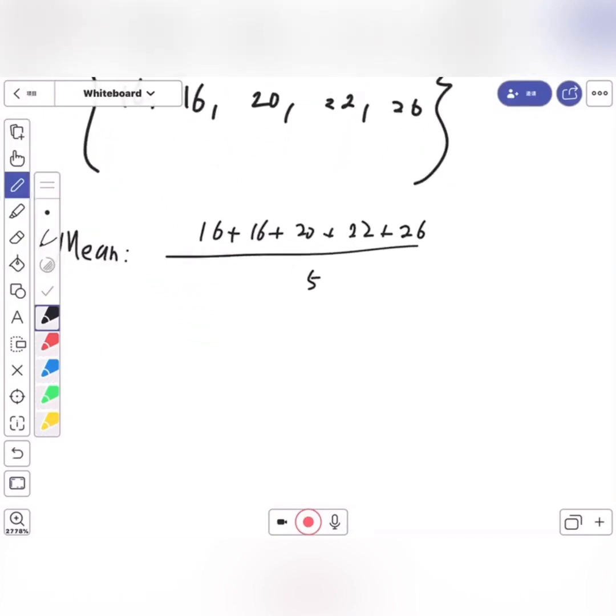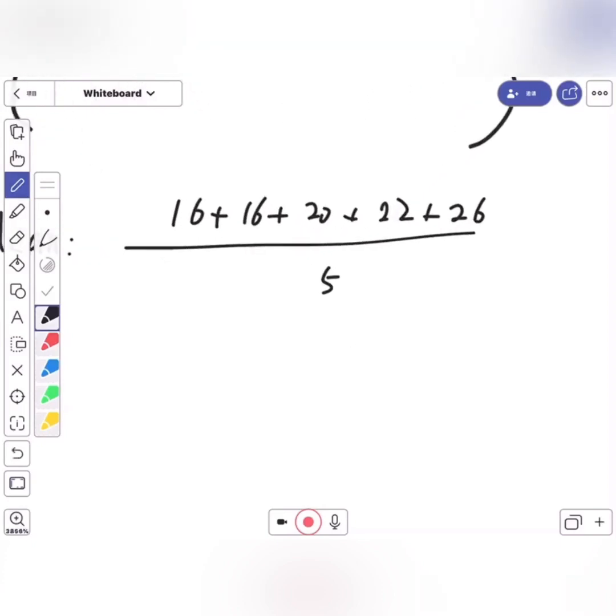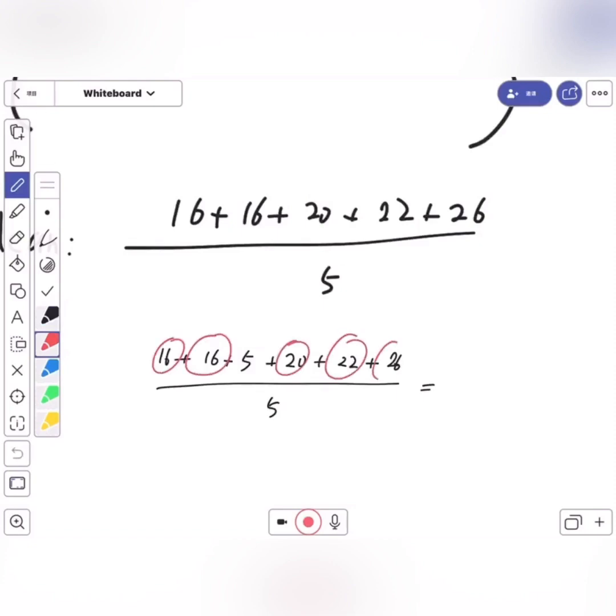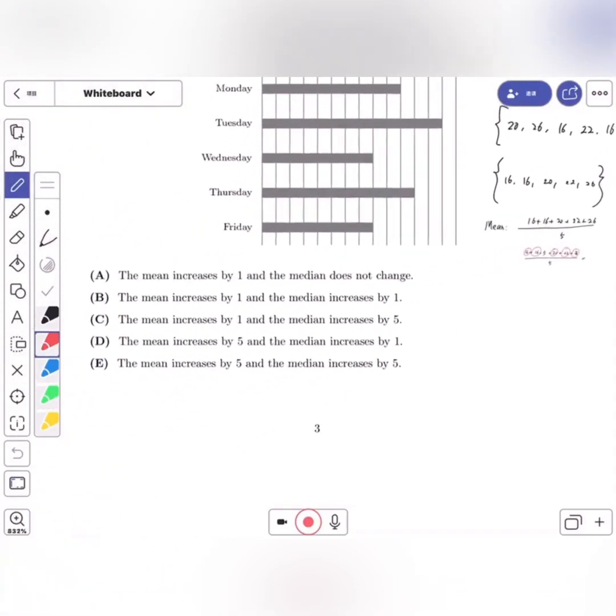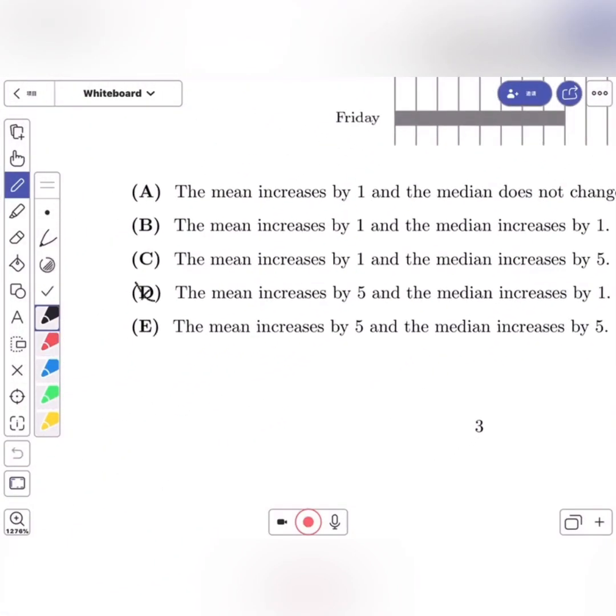Well, we don't have to calculate this out because for the new mean, you notice that you can rewrite this as 16 plus 5, right? Since that's what's equal to 21. What you can see is basically just the old data set, plus an extra 5 over 5, which is 1. So we know that the mean should increase by 1, which means that these would not